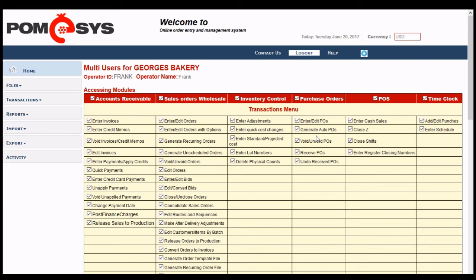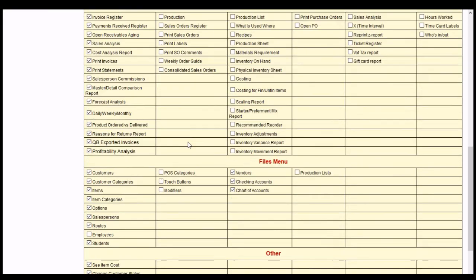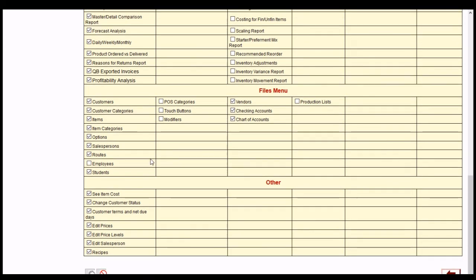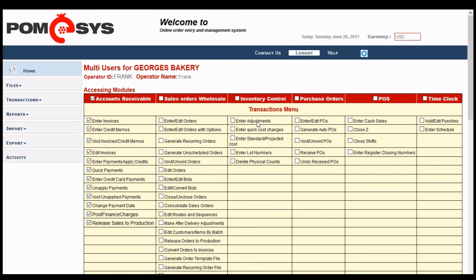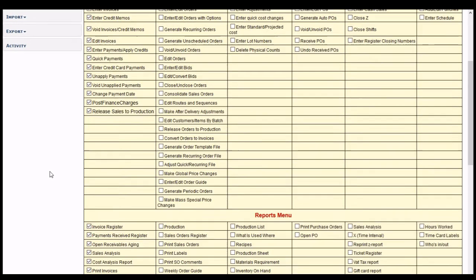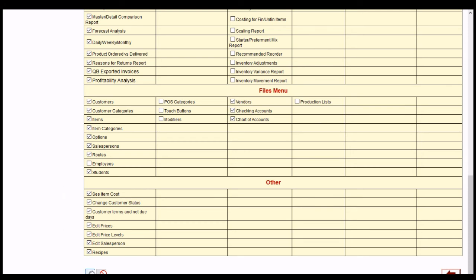On the screen we see a list of all the modules available, and we can see if Frank has access to everything. And if we click the buttons here in the headers, then that will take out each module as we uncheck each box, so that Frank can no longer use those functions, as we only want him to use the associated functions with AR. And it looks like everything is set and correct, so we will click the Save button,